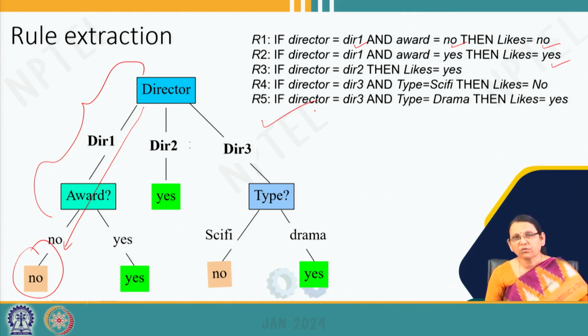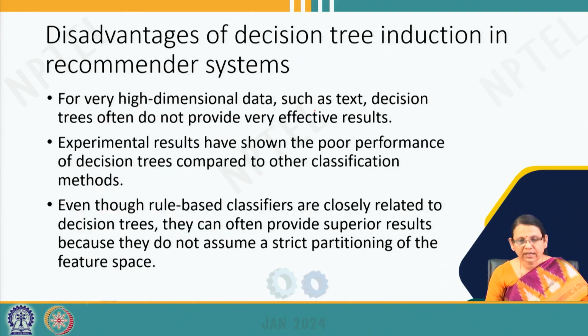While talking about the rule based recommender system, we will also discuss this. So, these are the disadvantages of decision tree induction in recommender systems. This is particularly not suitable for high dimensional data such as text. Making a tree is difficult and experimentally it has been shown that it gives poor performance. However,